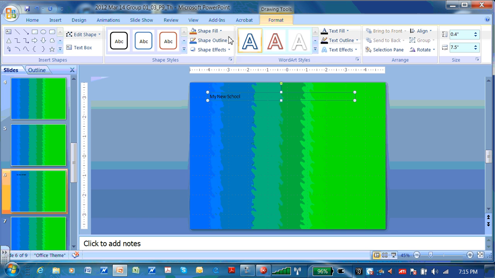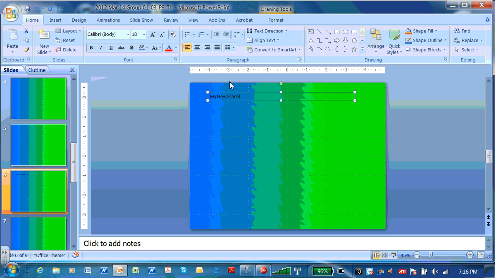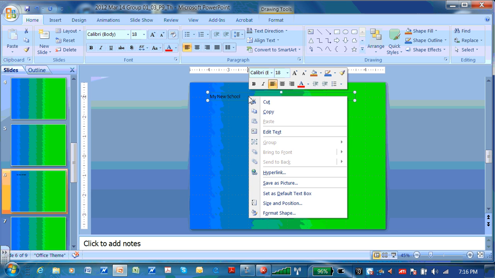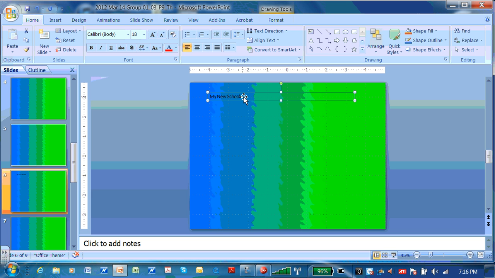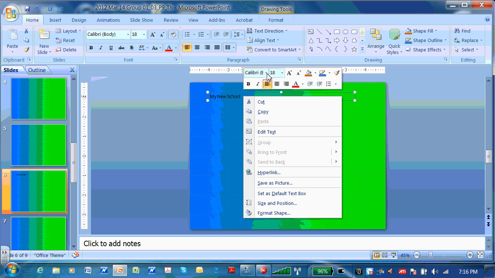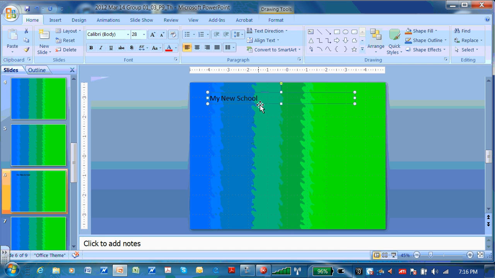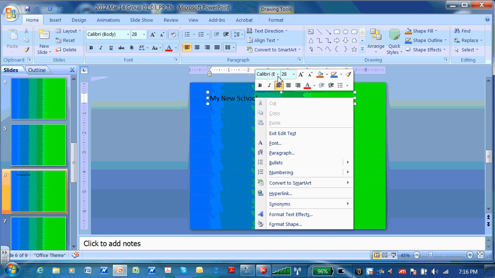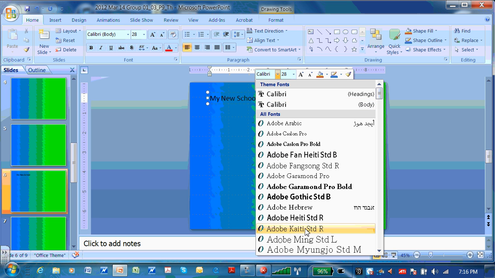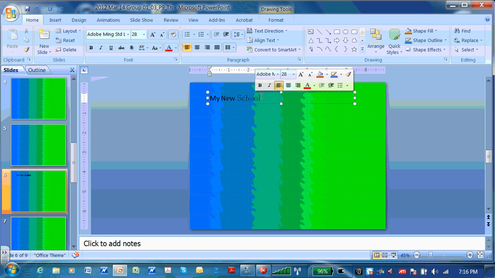I could double click and I could have all of these types of formats at my disposal, but I am just going to go back to that home screen. If I right click, I could choose to change the size. I could also do that again, right click and choose to change the font. Say they want to use that font. Now,